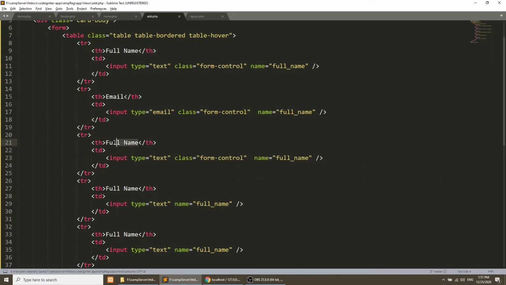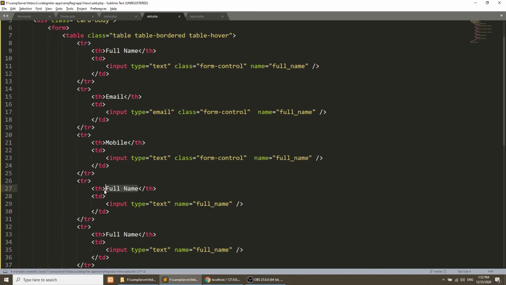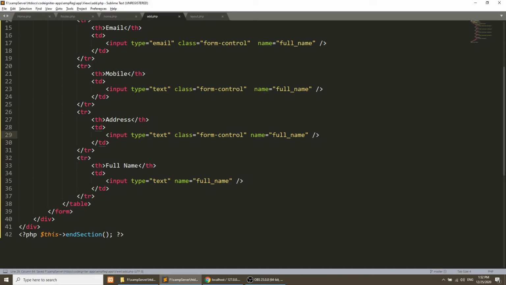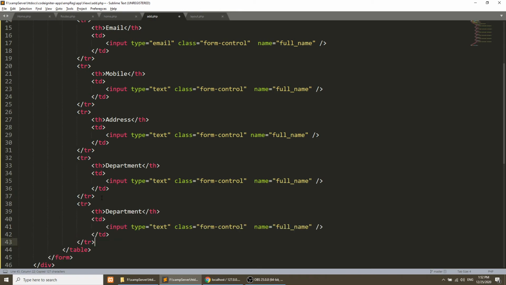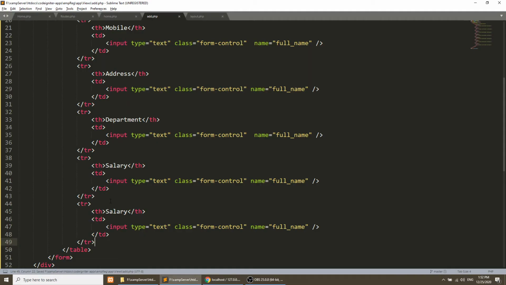And after the email we need to define mobile. After the mobile we need to define address, and the class. After address it is department, and we have a class, and then we will define this department. After the salary, we will copy this, and after the salary we will define date of joining, so doj,